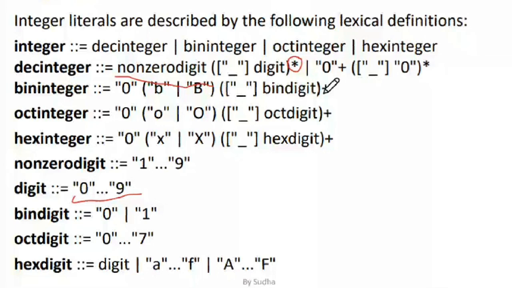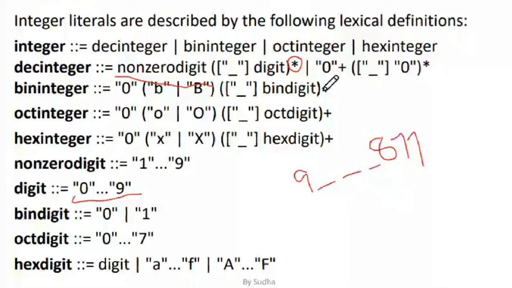Say I'm having 9; after that, I can have any number of underscores and digits. Or we can have a 0, plus you can also have an underscore and a 0, which is again a star.